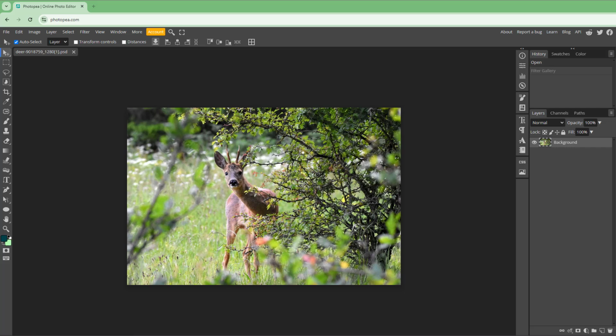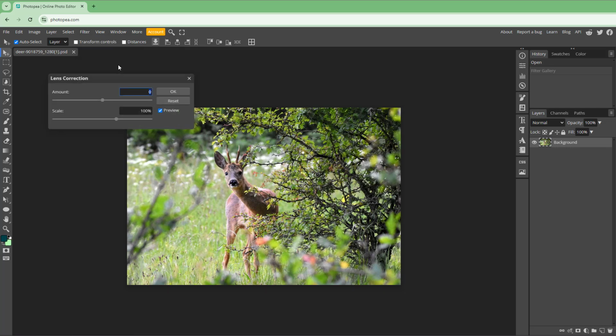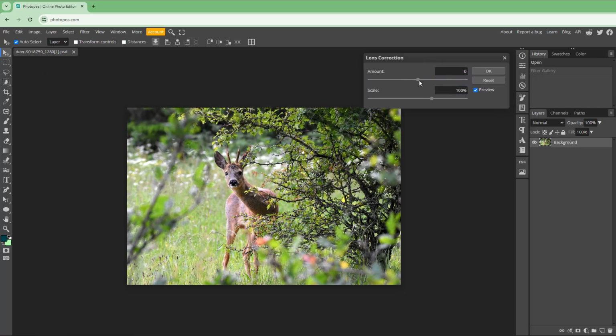Sometimes when you're shooting a photo, you may want to correct its distortion effect after you shoot it. In that case, you can utilize something called lens correction. To do that, go onto Filter right here, and you can see that Lens Correction is an option. Once you open that,